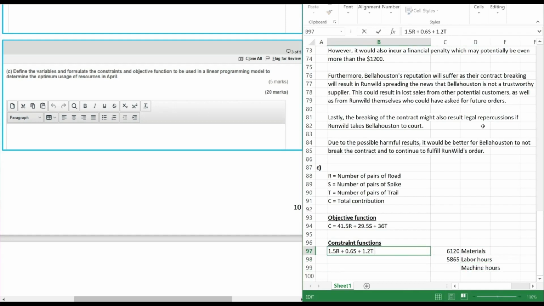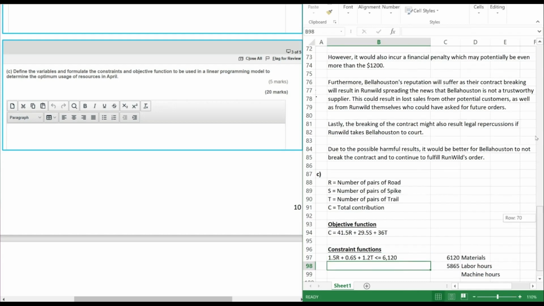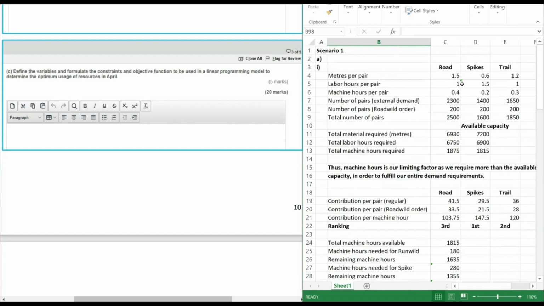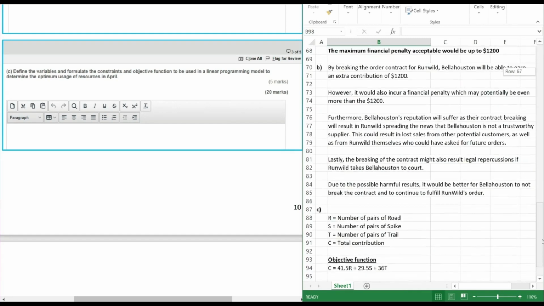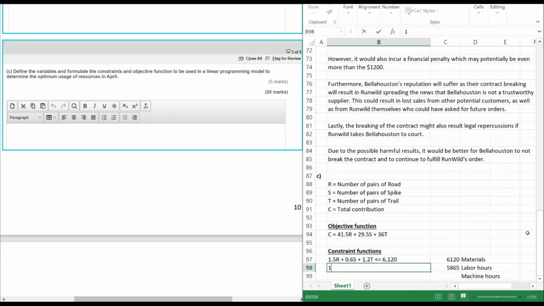So this will be less than or equal to 6,120. Then for labor hours, once again we'll take the amounts: 1 R plus 1.5 S plus 1 T is less than or equal to